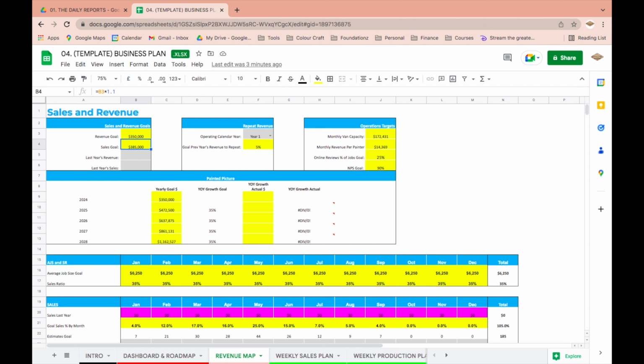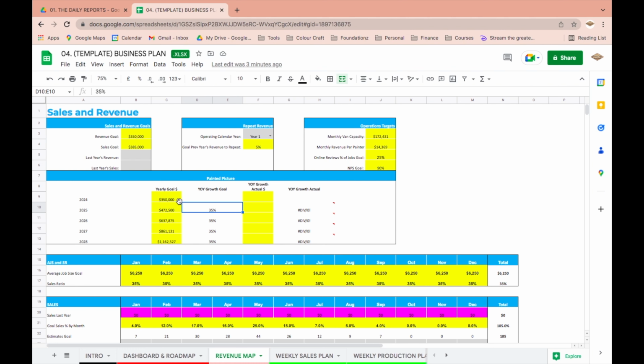which means we need to book a little bit more than 350 because maybe not everyone will book for that same year. And we can fill in what calendar year we're in, our first year. And this might be our breakdown of where we want to be in 5 years. Say we want to hit just over $1 million in our year 5 in business. And this is kind of assuming a 35% growth rate. And that's the goal versus our actual results, which will be right here.